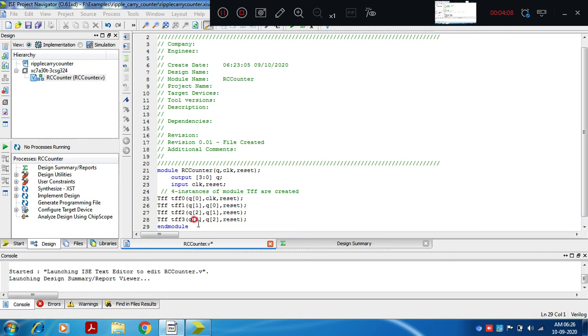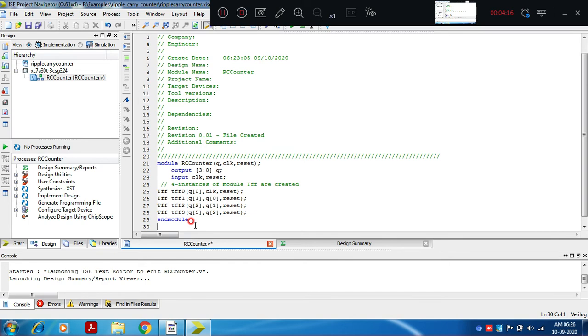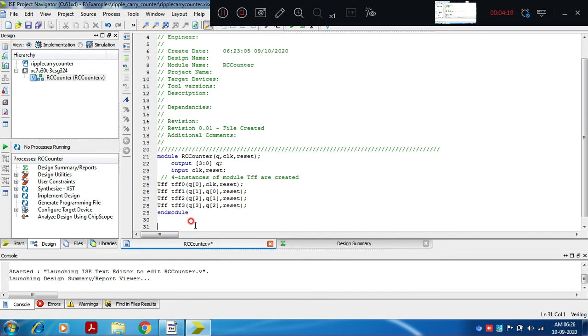So Q0 to Q3 are considered outputs, Q 3 down to 0, the 4-bit outputs of the counter. The values are displayed in binary: 0 0 0 0, then 0 0 0 1, 0 0 1 0, 0 0 1 1, like that. This is the 4-bit counter we are trying to implement.